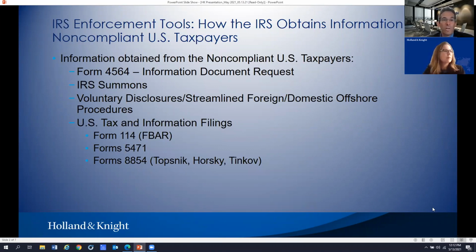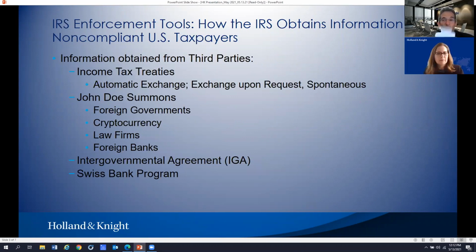And with that, we will turn to enforcement tools. The first enforcement tool that is really out there that's available are income tax treaties. And the importance or interesting aspect of income tax treaties is that they work both ways. Clearly, I think everybody would be aware of the fact that an income tax treaty is generally helpful to avoid double taxation. But income tax treaties do more than that.